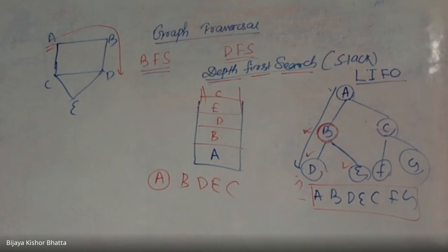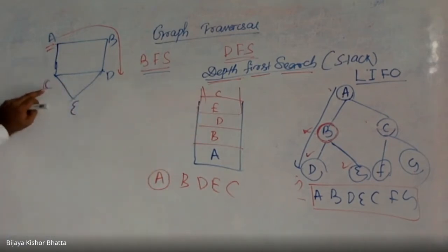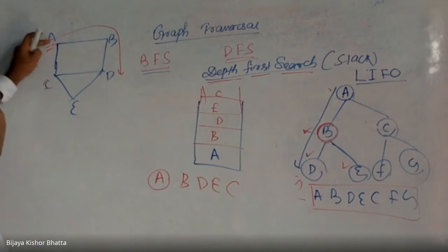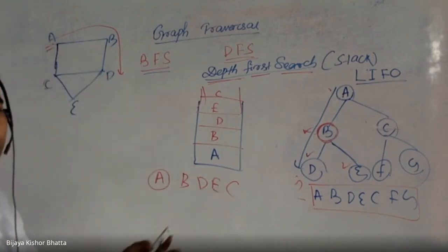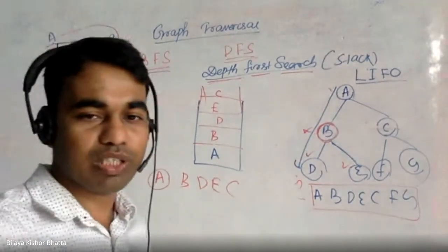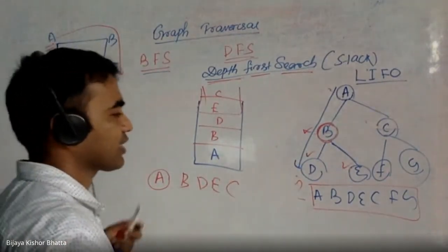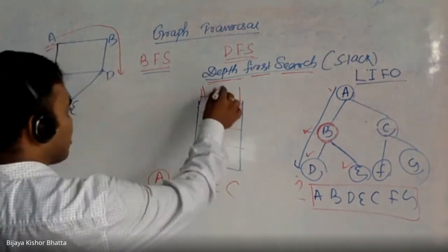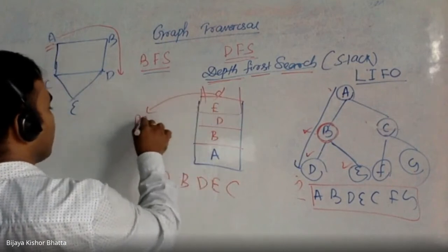Okay, so once you are done, now if you go to C and ask the same question, C, do you have someone in your adjacency who is not processed? C has adjacency A, D, E, but if you look, they are already processed, right? So for C there is no extra vertex available which is adjacent and not processed. That's why you will delete C, or you will pop this one from the stack.